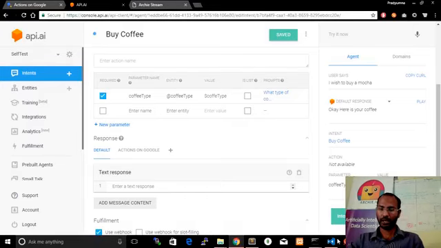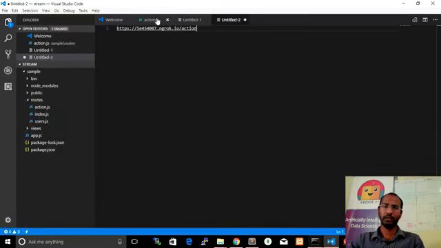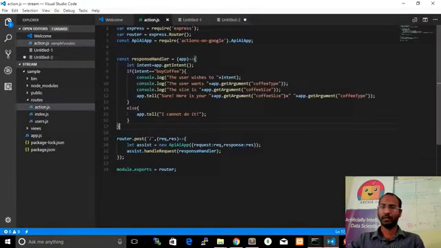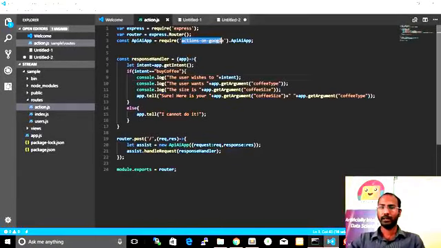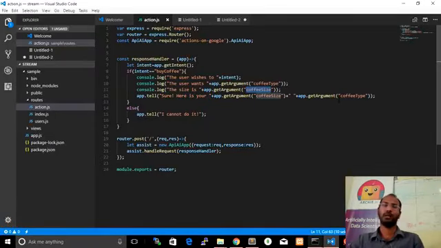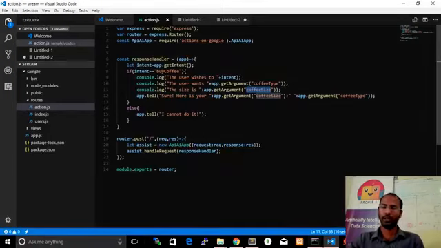And if you want to actually view the code, it's rather simple over here. You just need something like Actions on Google, and this is the response. So if the intent is buying a coffee, I'm going to get the arguments coffee type and coffee size, and just say okay, here's your coffee. This is the static response which I generated in the Node service, but it's up to your creativity and requirement to manipulate these things and get a conversation going with the user.